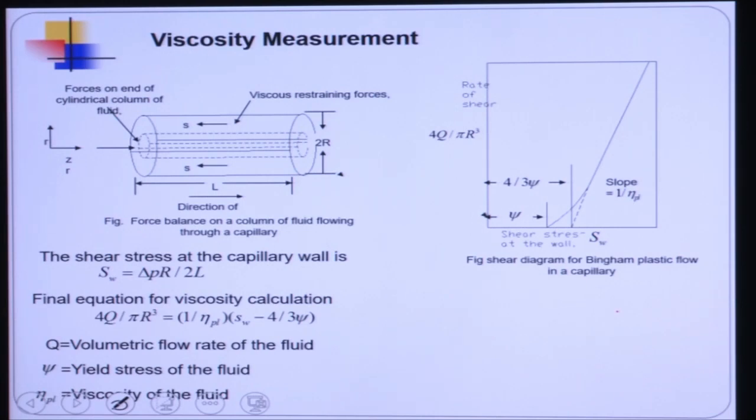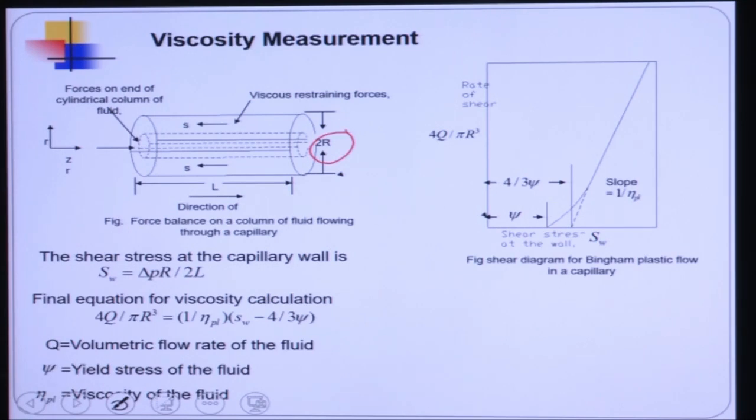So this is the cylindrical capillary, it is shown. S is the shear stress here. L is the length of this capillary. In our case, L is the length over which we are applying the magnetic field. 2R is the diameter of this capillary. In our case, we have considered a 2 millimeter diameter capillary tube through which we have flown the MR